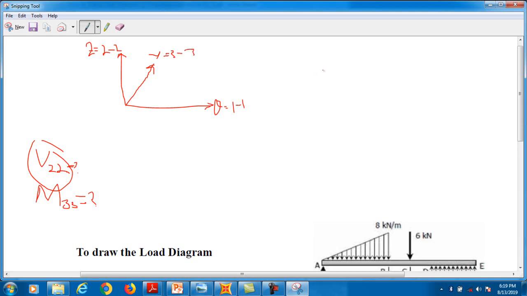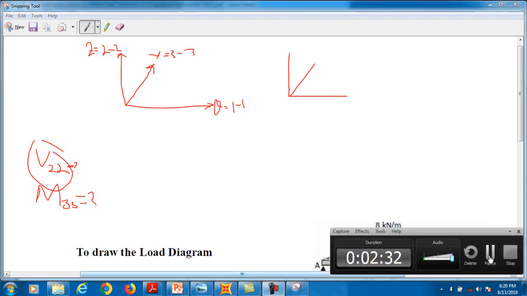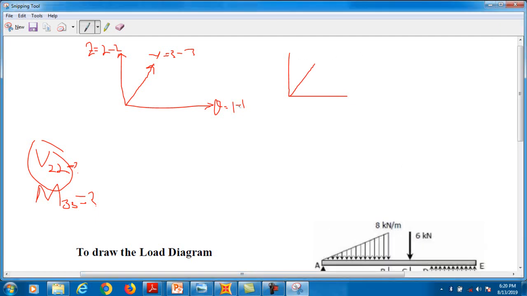Clear? So it is a kind of different type of representation of axes, basically. So now your axes will be like this. Now this is axis 1-1. Clear? And now it will represent 1, it will represent 3, and it will represent 2. So